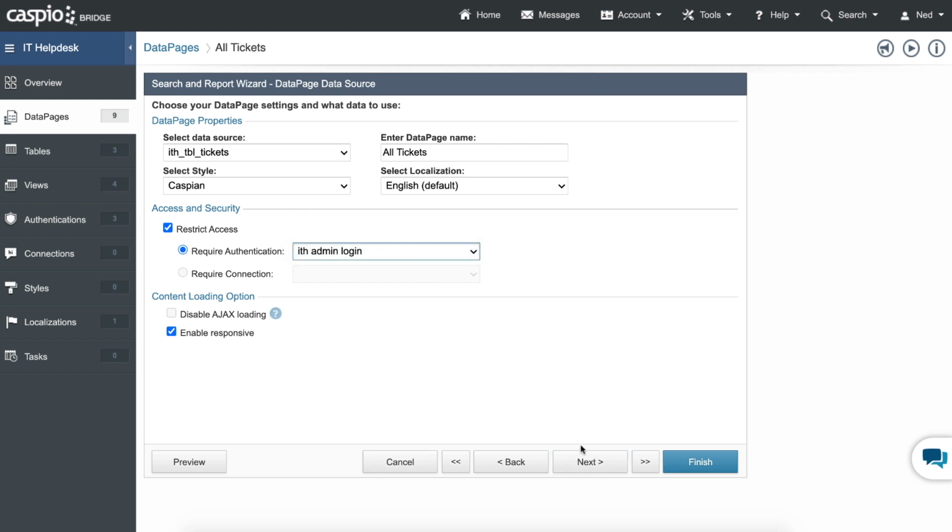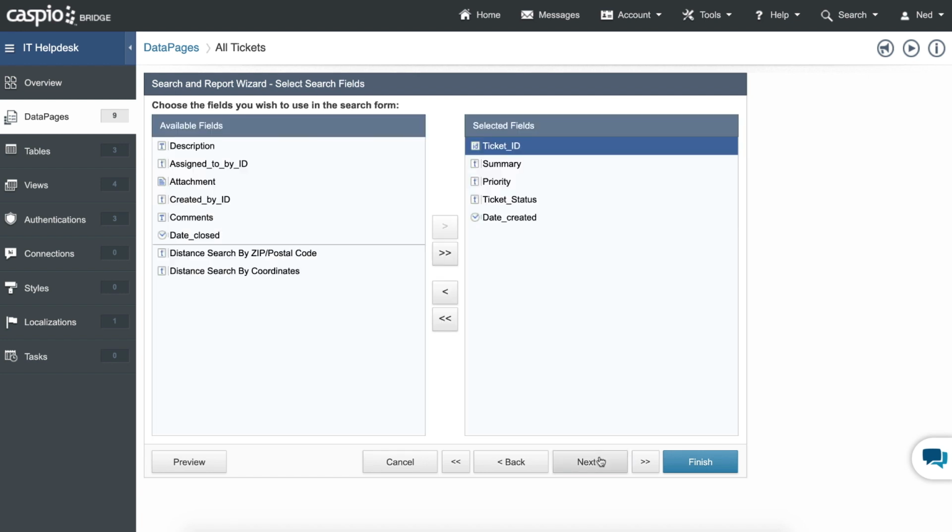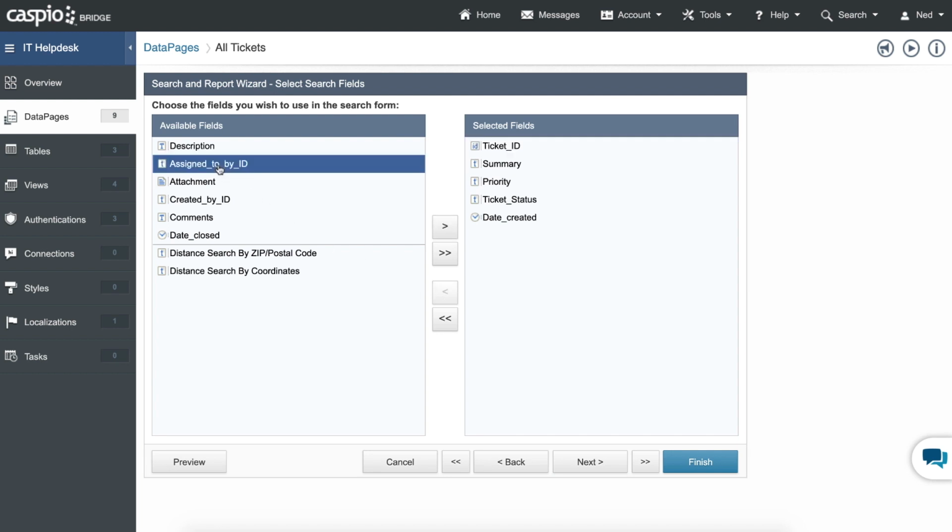So now let's continue. In this case, we don't need record level security enabled because, again, admin is the highest level user. They should be able to see all the fields and all the data from within the table. So let's continue. Okay, so in the search form, we want to include the assigned to by ID, and we